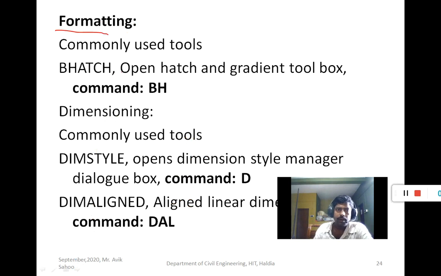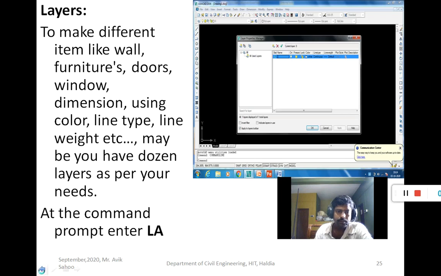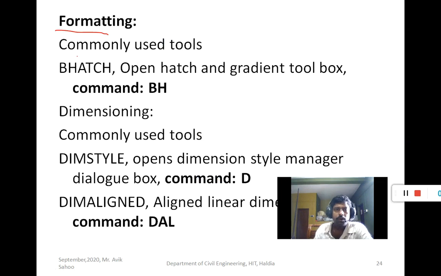In formatting, the commonly used tool is B hatch. Suppose we want to draw the wall and the big symbols we have to apply.